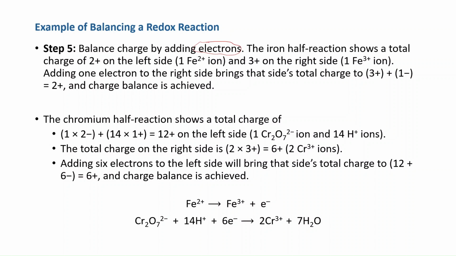Okay? So, for instance, in the iron, you have iron plus 2 on one side, plus 3 on the other. You're going to add the electron to the plus 3 side because it's more positive. And now you bring the plus 3 to plus 2 and the charges are balanced. When you have a big molecule, you have to look at the overall charge of the molecule. Okay? So,